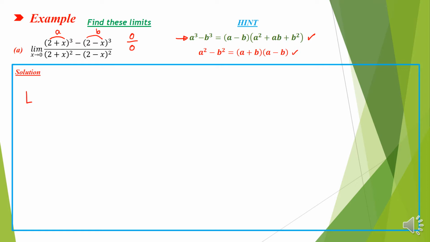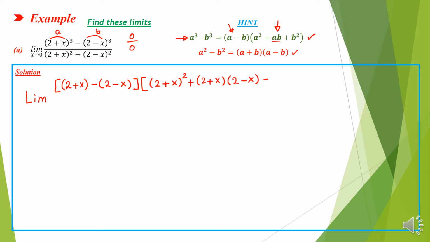So we can rewrite this limit as the limit of, because we have a minus b, so a minus b means 2 plus x minus 2 minus x, this is a minus b, multiplied by the second bracket we have a squared, which is (2 plus x)^2, plus a times b, which is 2 plus x multiplied by 2 minus x, plus b squared, and b squared we have (2 minus x)^2, divided by, in denominator we have difference between